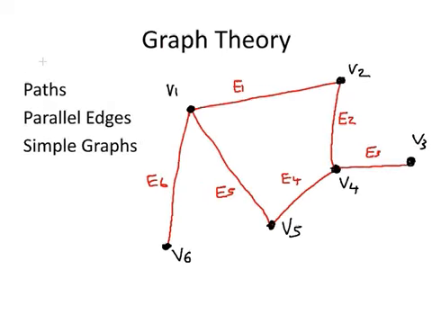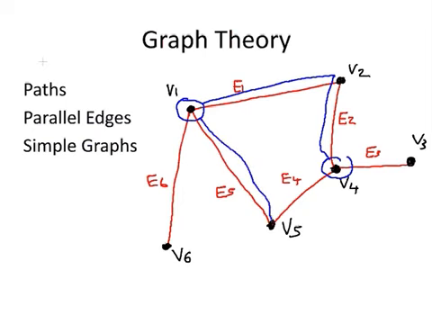Now we're going to look at paths. A path describes a sequence of vertices that are used to connect to a sequence of edges that are used to connect two vertices. So for argument's sake, suppose we're using V1 and V4 as our vertices for this example. One possible path would be V1 to V2 and then V2 to V4. Another possible path would be V1 to V5 and then up to V4. So it's a slightly different idea from an edge in that we can describe multiple edges to describe a connection